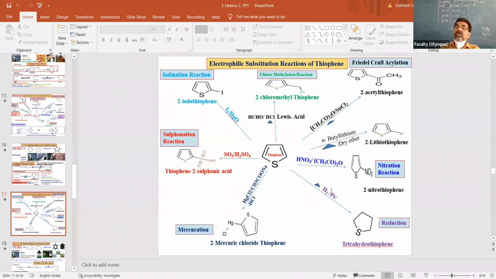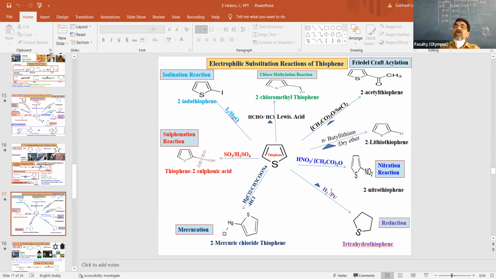They can ask you to complete the reaction. They will give thiophene plus HNO3/H2SO4. What will be the products? Or they can give a theoretical question also. Pyrrole treated with nitric acid and acetic acid, which of the following products is obtained? So they can give 2-nitrothiophene, 3-nitrothiophene, both, none of these. Your answer must be 2. Why 2? All these things we already explained.